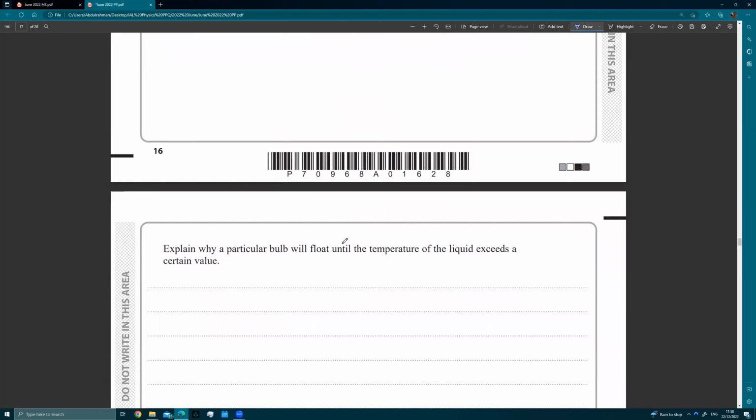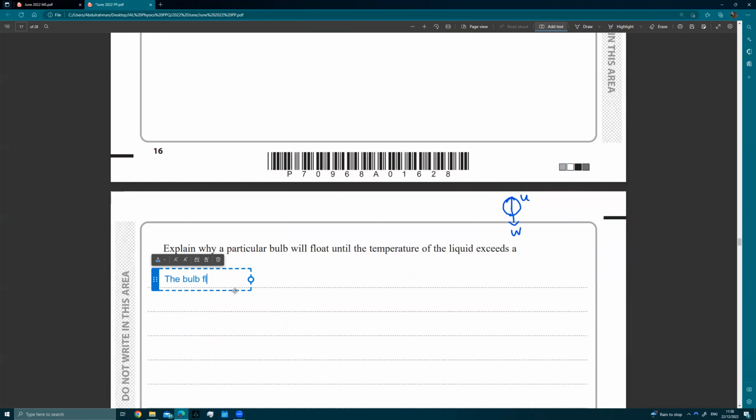Well, first of all, why would a bulb float to begin with? Well, let's consider the forces. A bulb will float when the forces are balanced, i.e. when the weight is equal to the upthrust. If the upthrust is larger, then obviously it will rise. If the upthrust is exactly equal to the weight, it will just stay where it is. So what we're going to say is